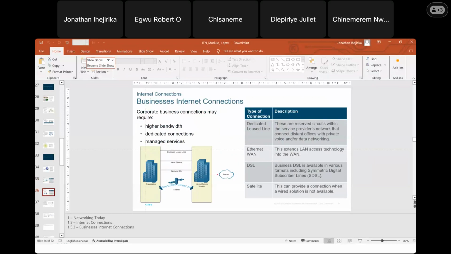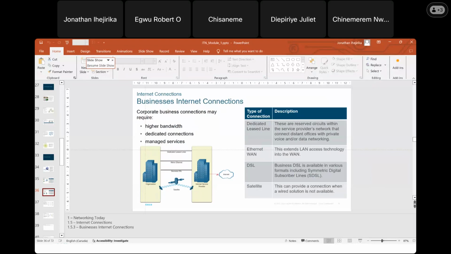And what are the types of connections that are associated with these business internet connections? We have the dedicated leased line. And what does it mean? It means these are reserved circuits within the service provider's network that connect distant offices with private voice and/or data. Yes, that is to say that it is dedicated. And we have the Ethernet one,